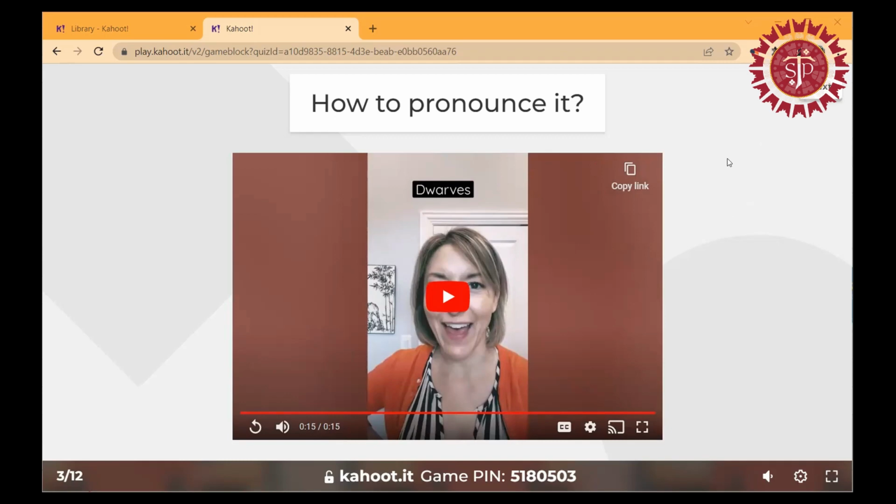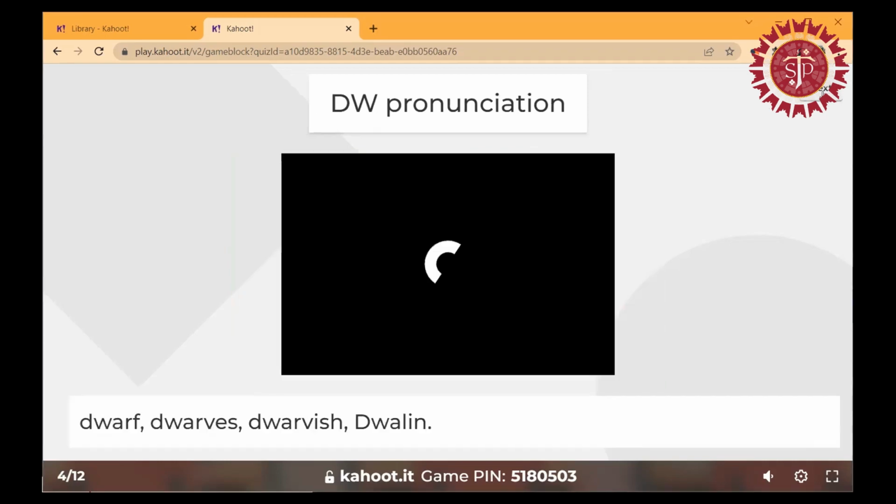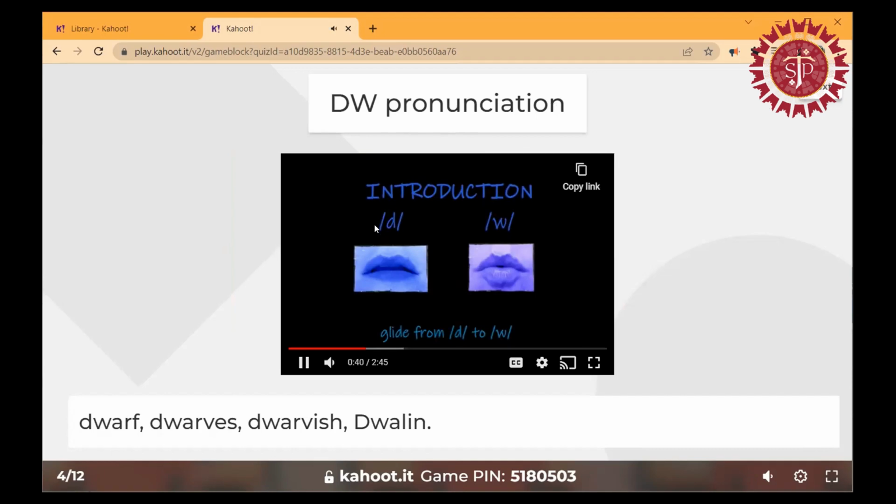Yes, there's a whole story about changing it, because the normal plural of dwarf is with an S, but Tolkien said it would be with a V and an S. Okay, so also